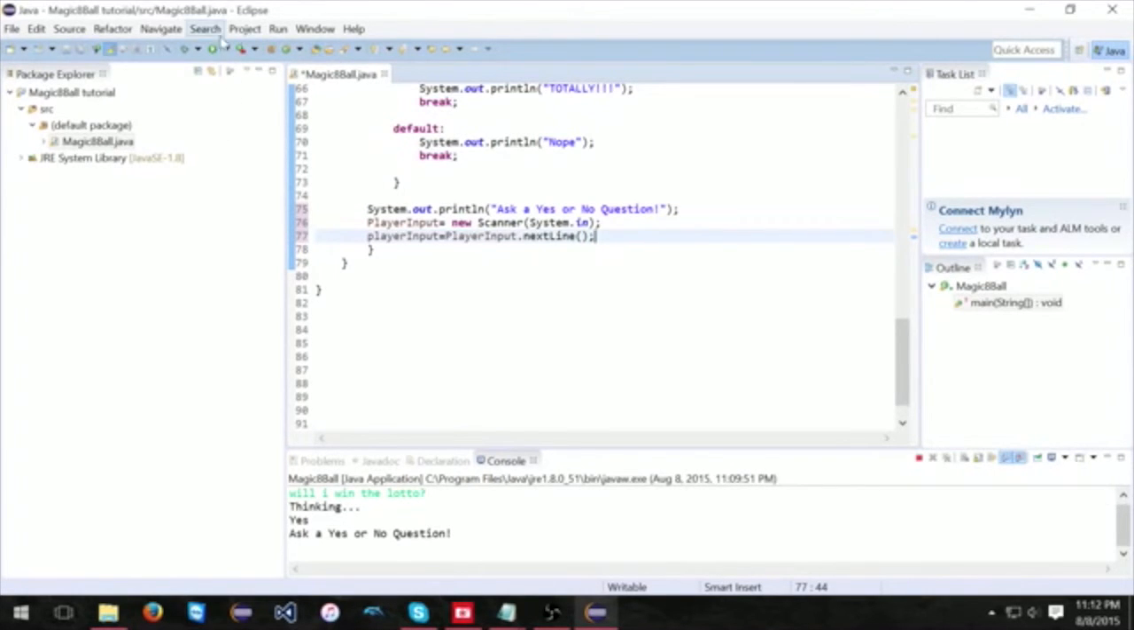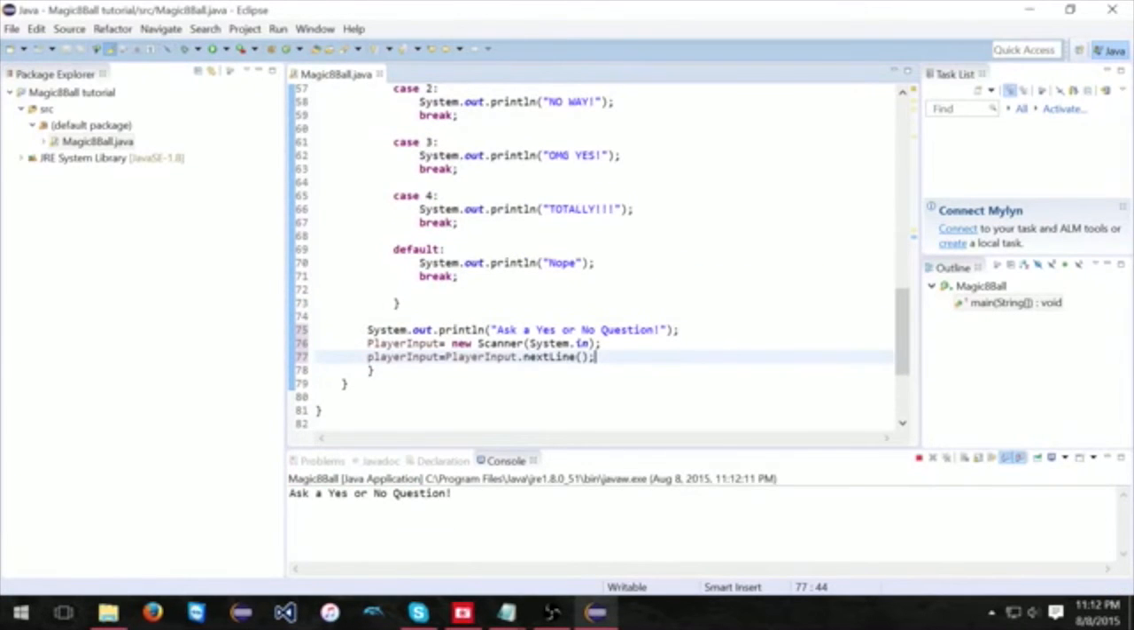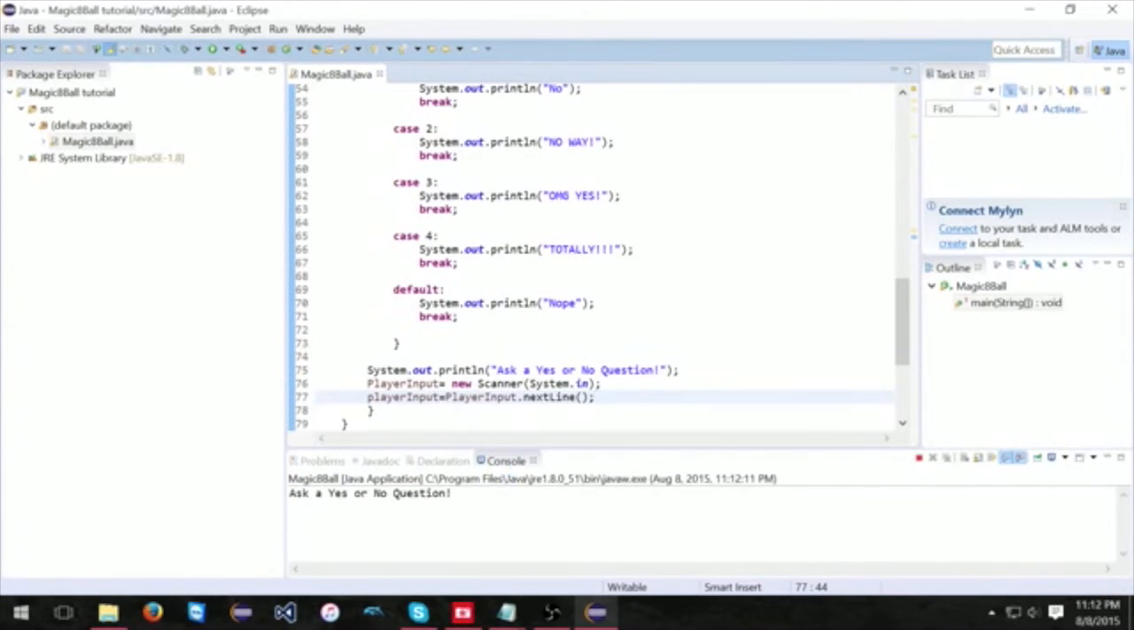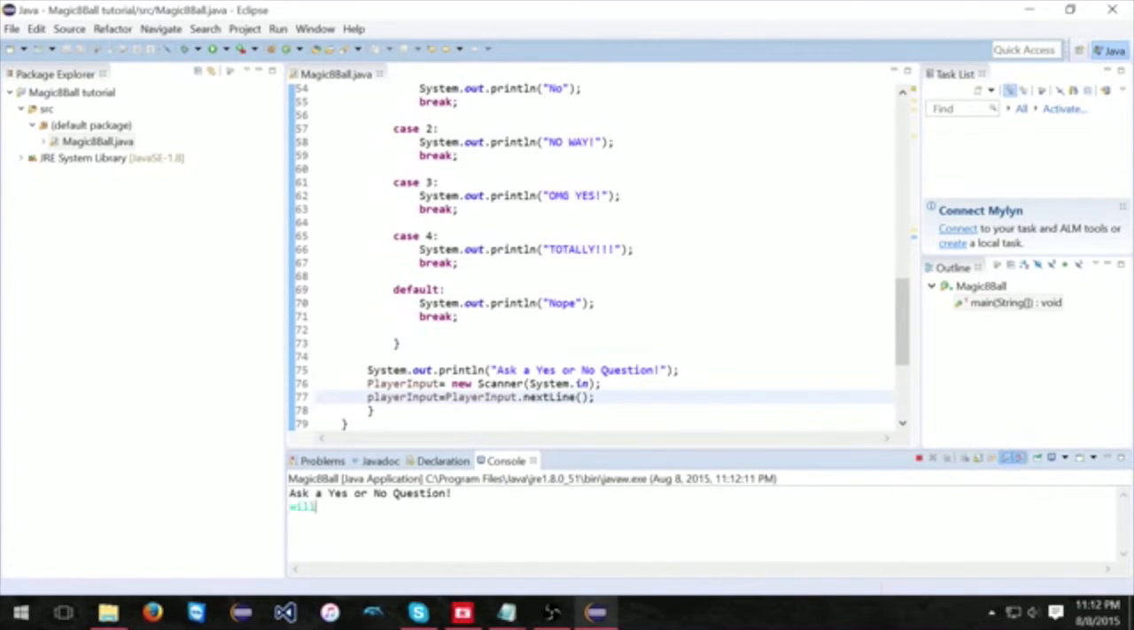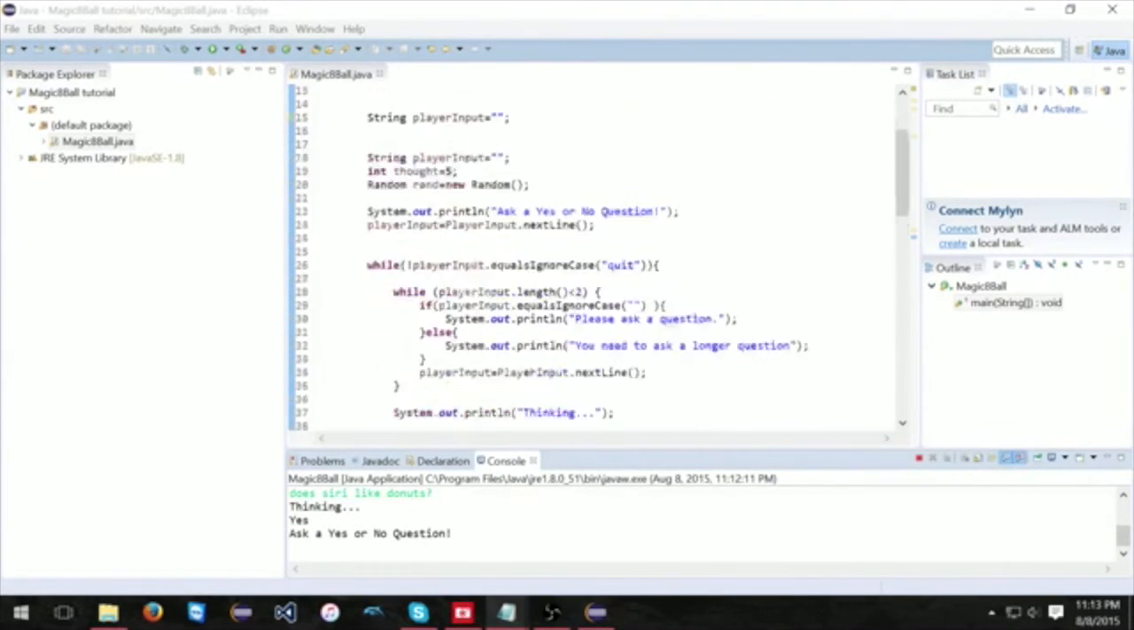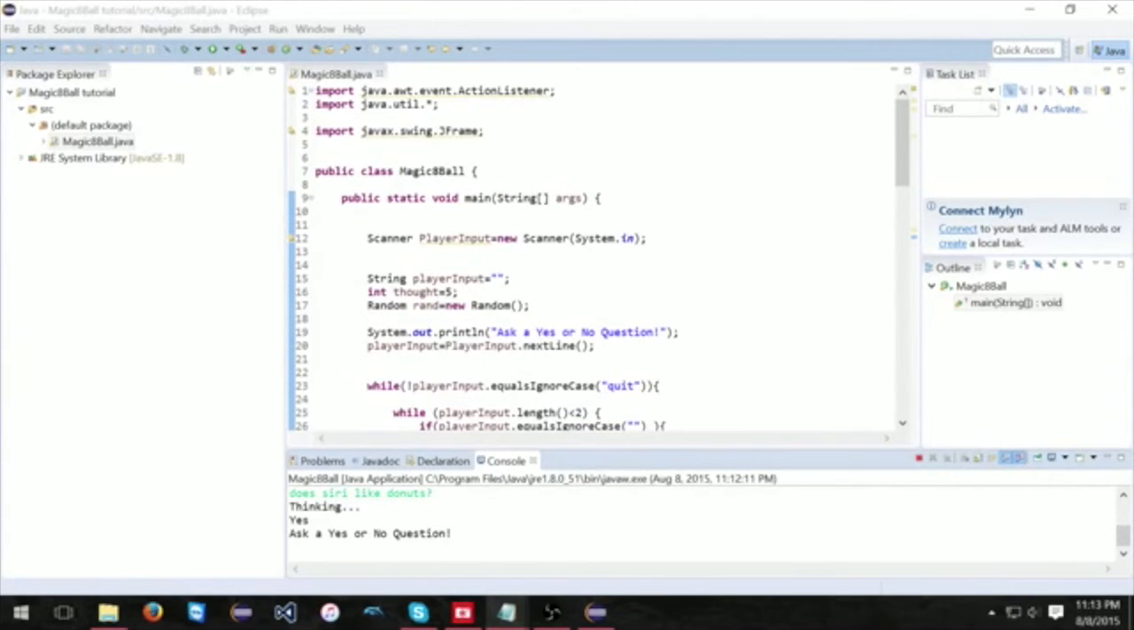Okay, so let's see if it works. So asking us your question. Will I win the lottery? Thinking, no. Okay. Please ask questions because I didn't ask anything. Does Siri like donuts? Yes. Okay, good. So now, if we want to make a new GUI, however you want to say it, for this Magic 8-Ball,